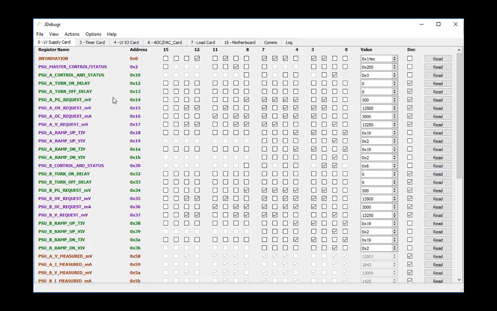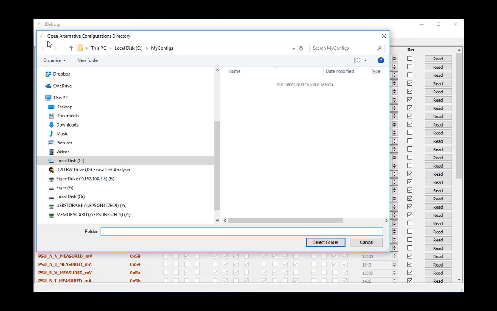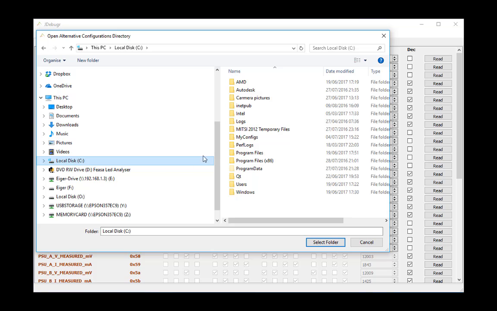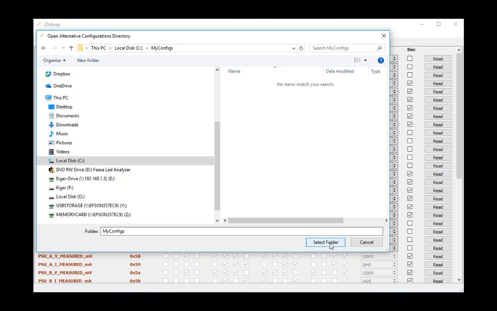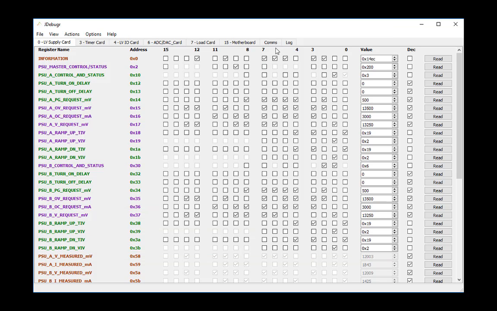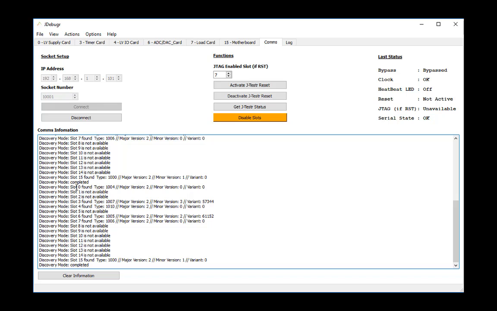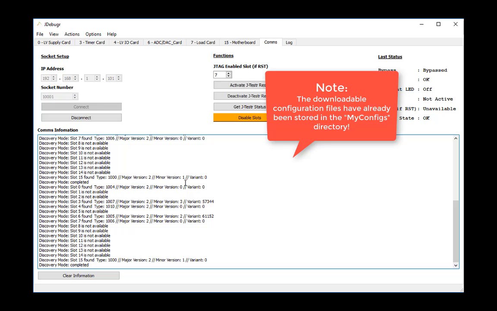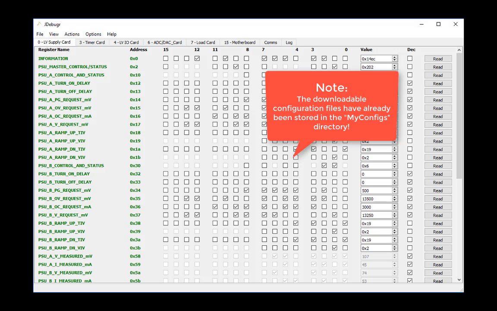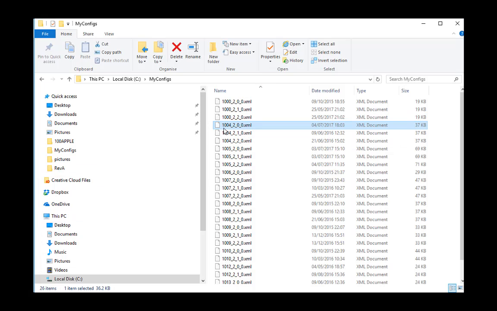Okay, the last feature I would like to show you is the ability to select an alternative configuration folder. So in C drive I've got my config folder, so I select that folder. I just go to comms, slot 0 is type 104, major version 2, minor version 0, variant 0. That will be required to find the correct configuration file. So let's just get that folder up. Here is that file,